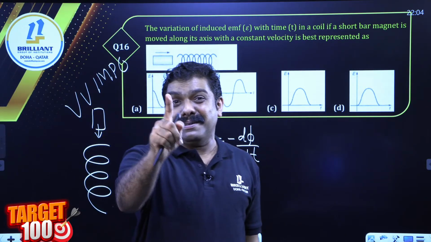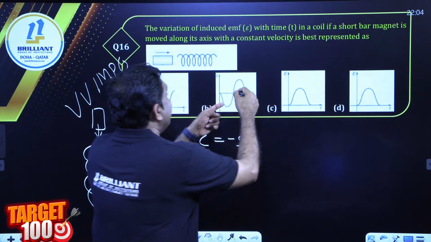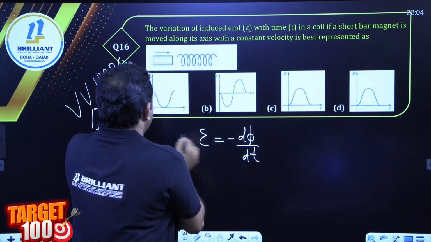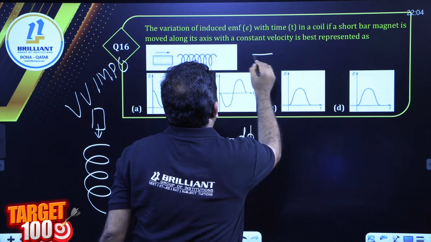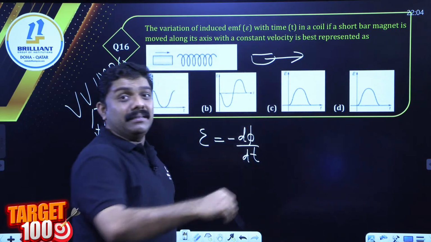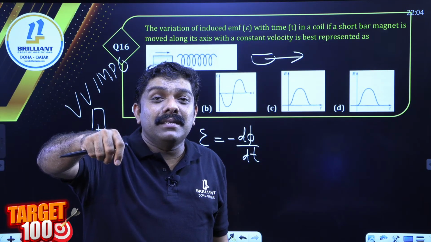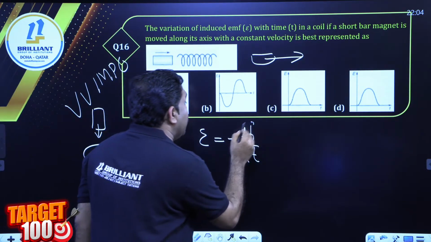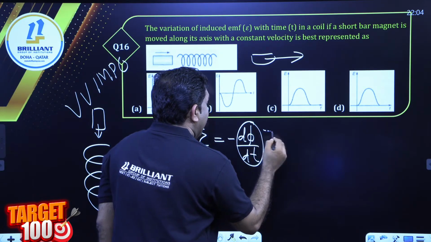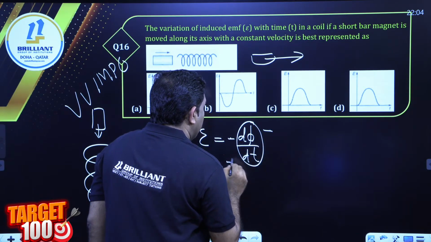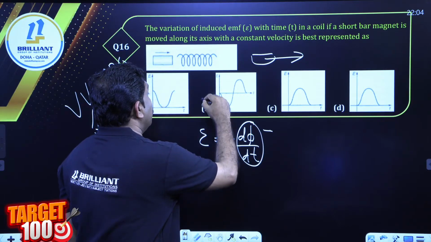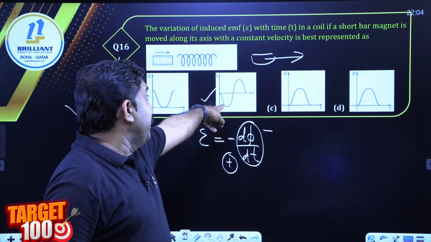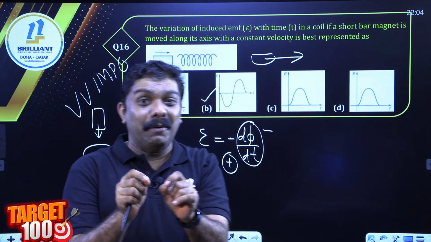The graph starts with a minus sign, and then as it is going away, we can say flux decreases. When it is passing through this, if the loop reaches here and goes away, flux decreases. Flux decreases means EMF will be positive, because d phi by dt will be negative. Minus into minus becomes a positive. So the right answer is option B. We can say that is minus d phi by dt. Right. I'm saying the last point today.